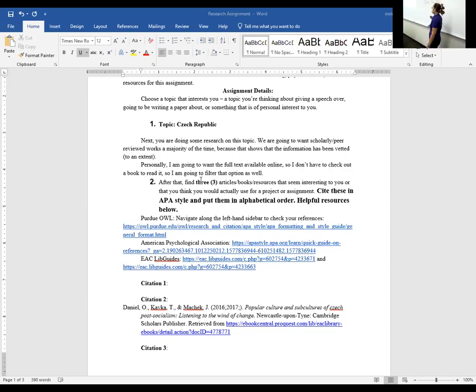So maybe the title of my article is called The Guide to the Czech Republic for Americans. And it's published in Travelers Weekly.